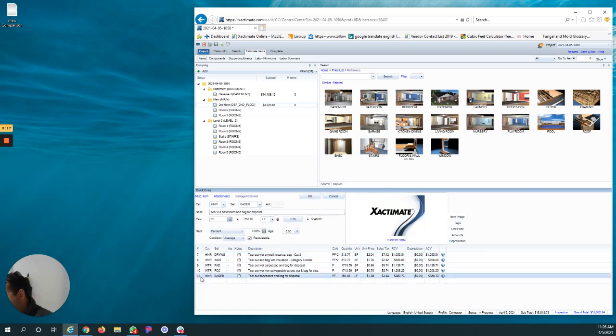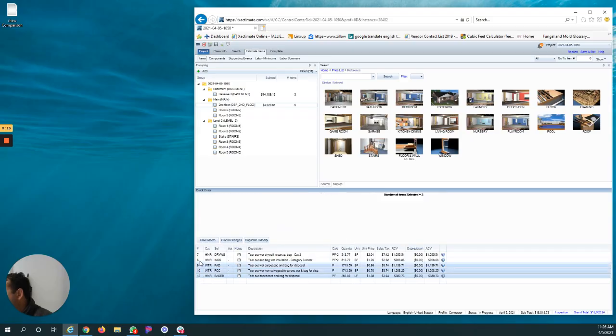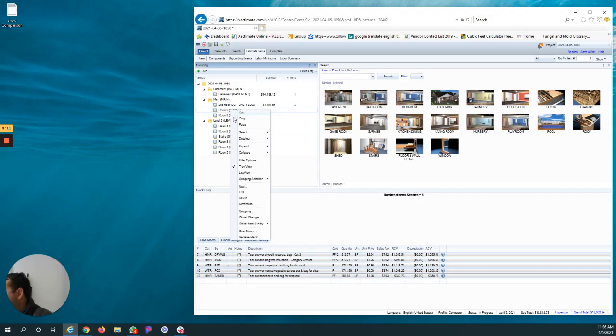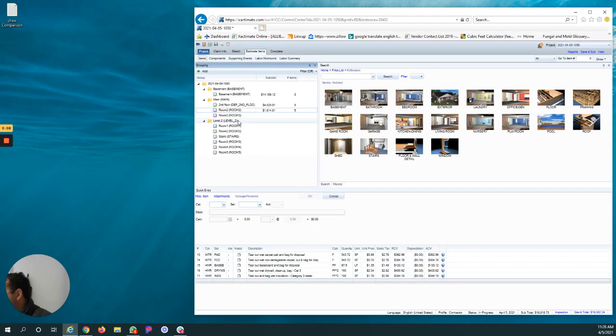Now what I do here is I just start copying and pasting, because I'm going to be doing the same work in all these rooms. So I copy all those, and I just start pasting these, and the calculations just transfer right over. I'm going to do that here for the main level, and then